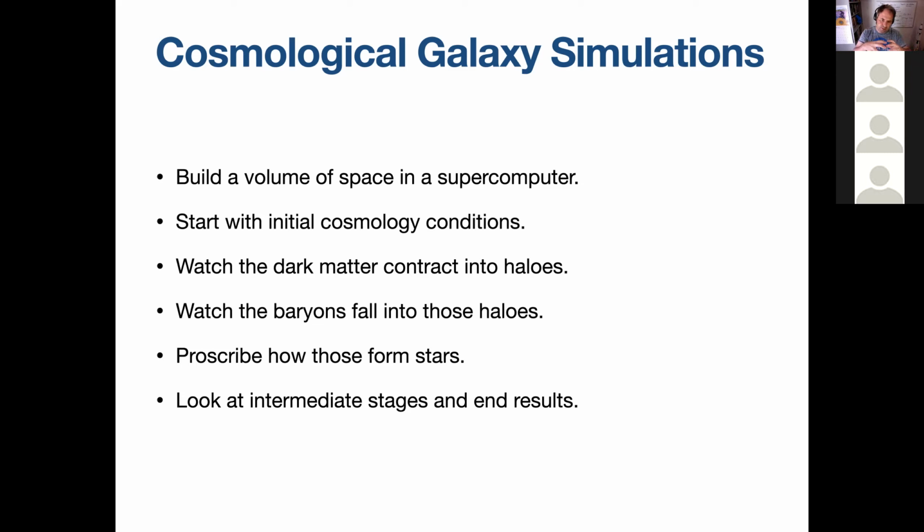But then you watch that hydrogen and that gas fall in, and that's where it gets interesting, because now you have gas physics, so you need to account for pressure. All that stuff has some kind of prescription for how that gas then turns into stars, because it's completely pristine hydrogen and helium. So how does that actually compress into stars? What kind of population of stars? A lot of assumptions go in there. But then you start to get stars, and those stars form into larger clumps, and those become galaxies. And eventually your computer cube arrives at redshift 0, arrives at the here and now,